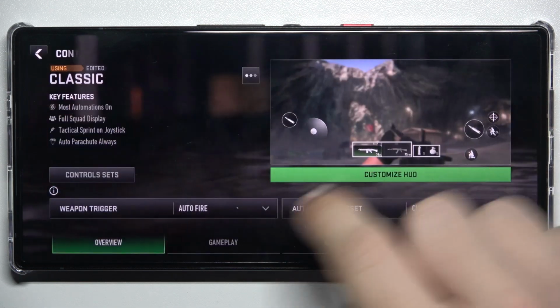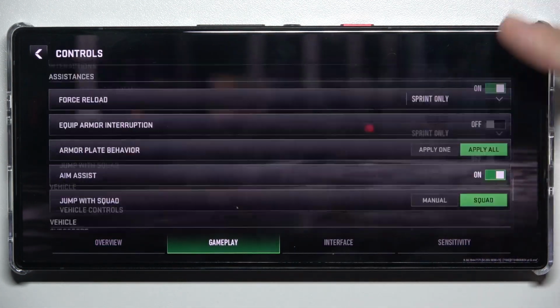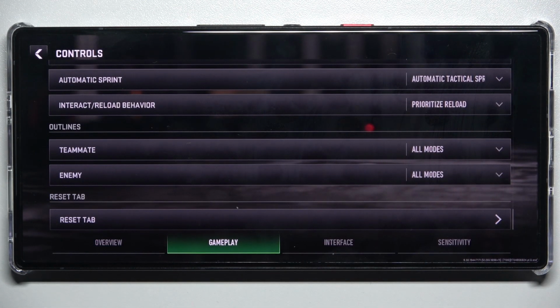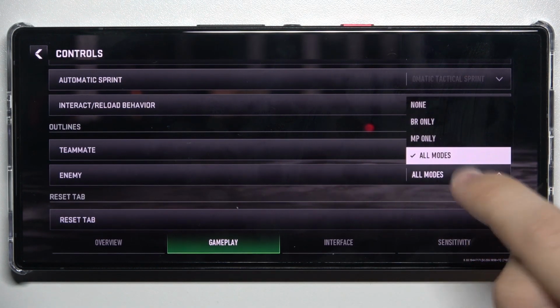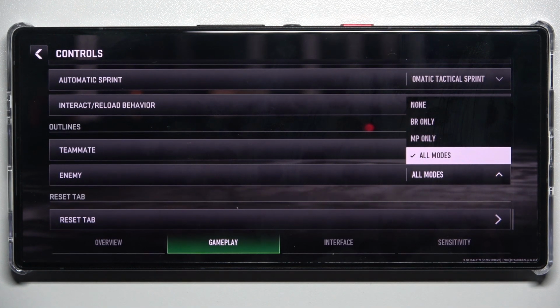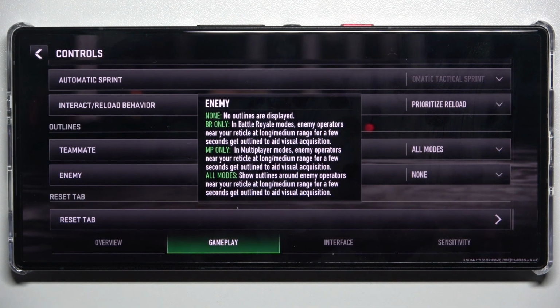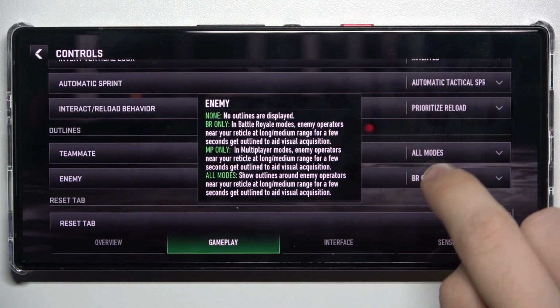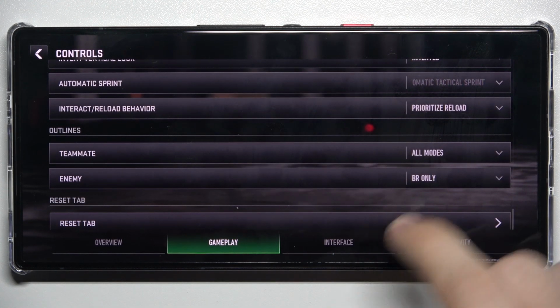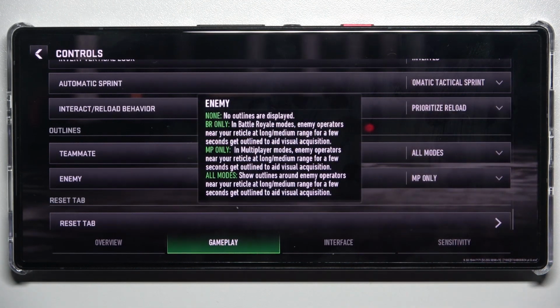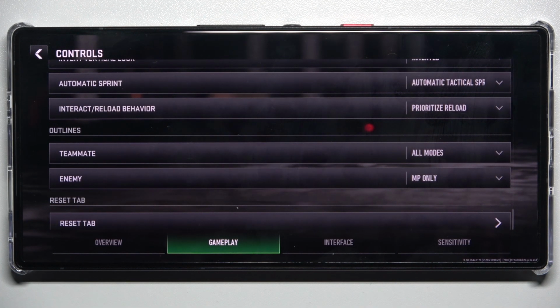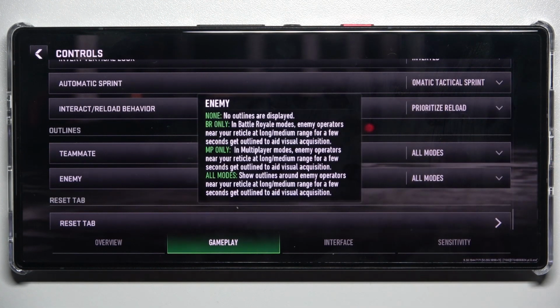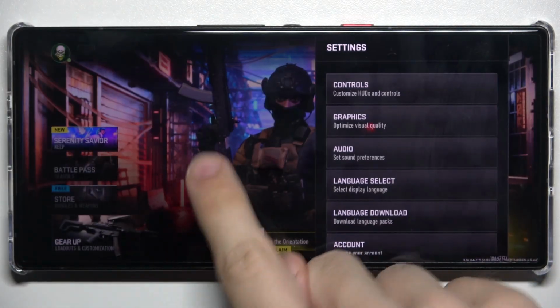Click on Settings, then Controls, then Gameplay and scroll down until you find Enemy, and now you can set it to all modes, so outlines around enemies will be displayed in all game modes. You can also set it to none, so no outlines will be displayed. BR only, so it's only in Battle Royale modes, or MP only, so the outline around enemies is only in multiplayer mode. I'm gonna set it to all modes, then click here to go back and click anywhere on the